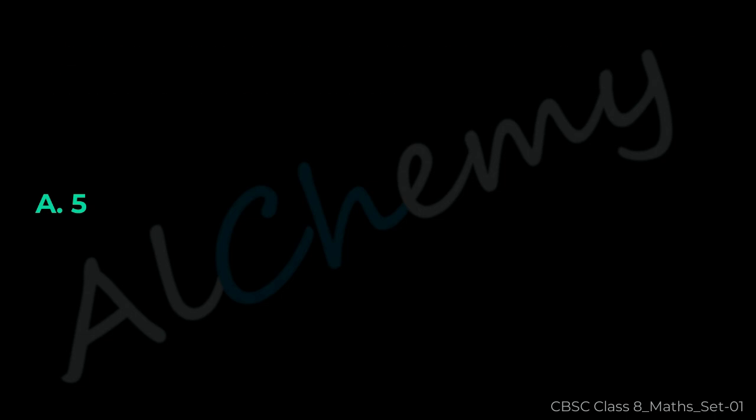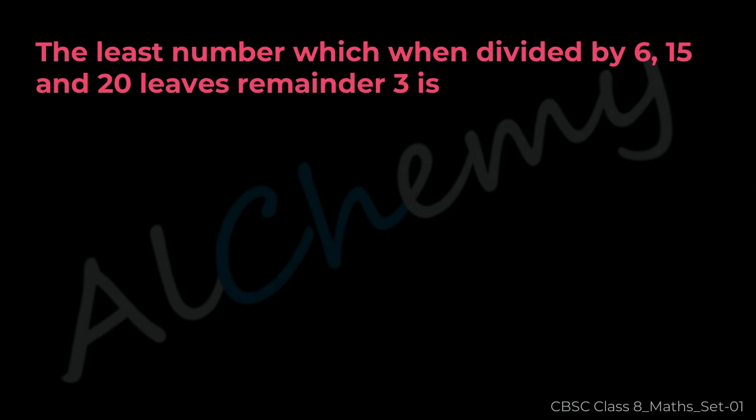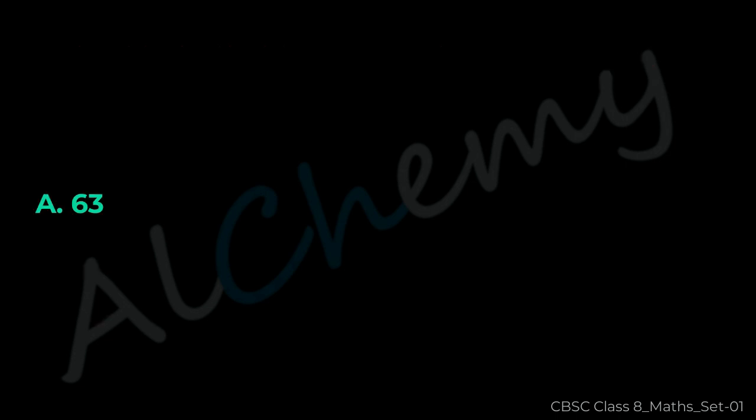5. Question 24. The least number which when divided by 6, 15 and 20 leaves remainder 3 is A 63, B 123, C 183, D 243. The correct answer is A